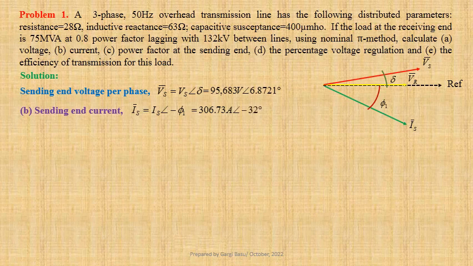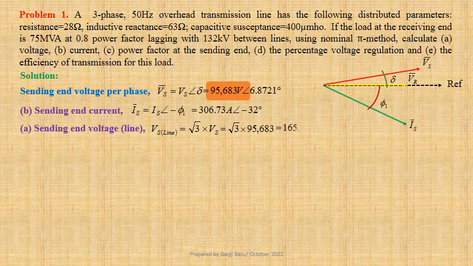For star connected system, line to line sending end voltage Vs line equals to root 3 times Vs, that is equal to root 3 into 95,683. That gives us 165.73 into 10 to the power 3 volts